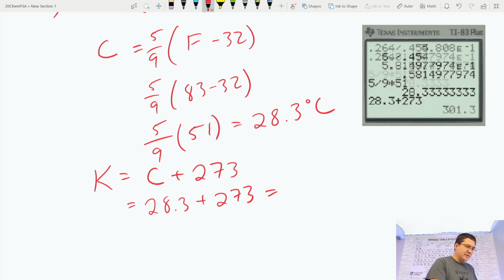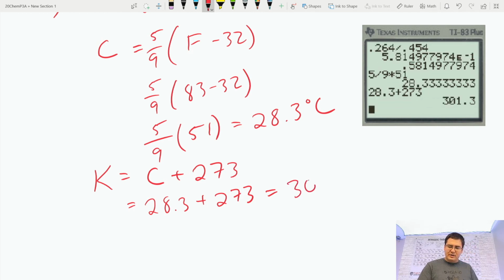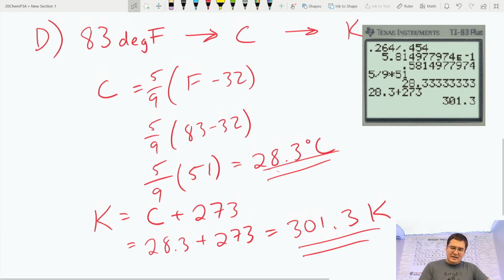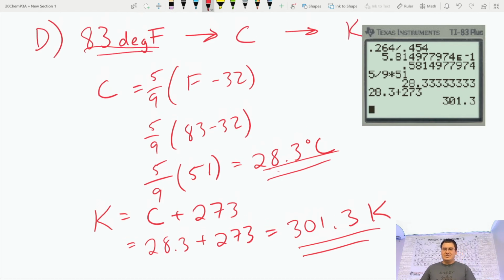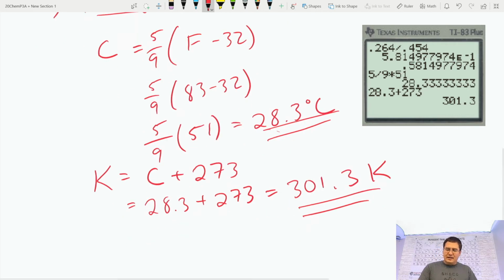So I'm just going to take 28.3 plus 273, and I'm going to get 301.3. And a little factoid, don't put the degree sign, it's just Kelvin. So you don't say degrees Kelvin, you say 301.3 Kelvin. So the cool part, this temperature and this temperature are all equivalent, just different scales, different units of measure. So, okay, last one